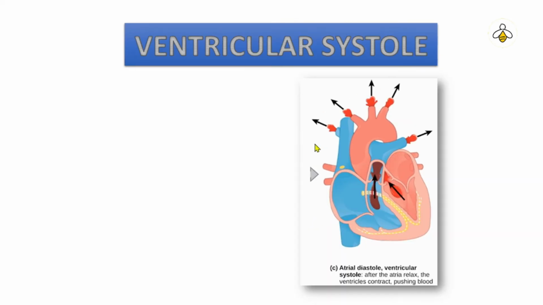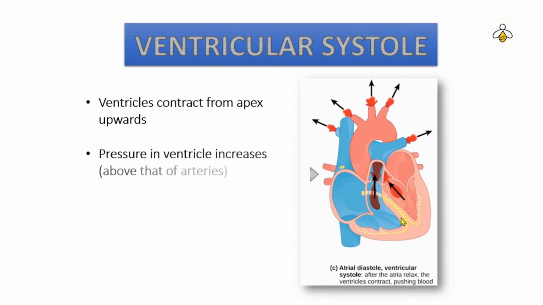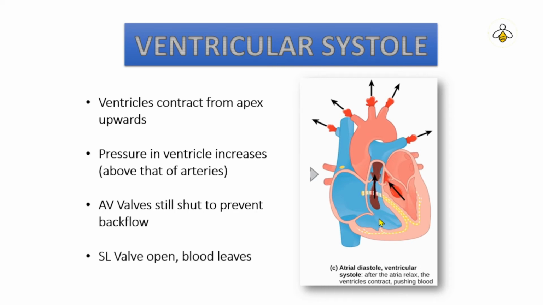Then this brings us to the last stage, that is known as ventricular systole. During this stage, these pressurized ventricles are gonna contract from the apex, that is the tip. Because of the contraction, they will push the blood via the opened semilunar valve into the respective arteries, that is from right ventricle into the pulmonary artery and from left ventricle into the aorta. During this whole stage, both the AV valves are closed, so there is no backflow of the blood. This completes the whole cardiac cycle.